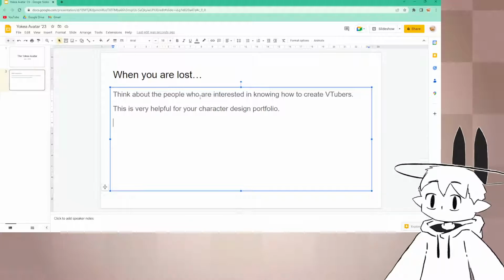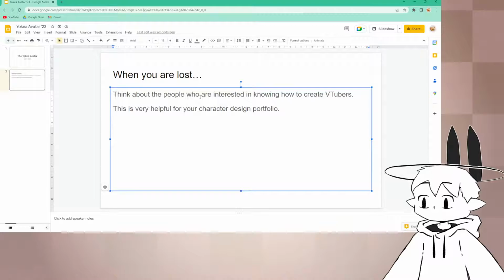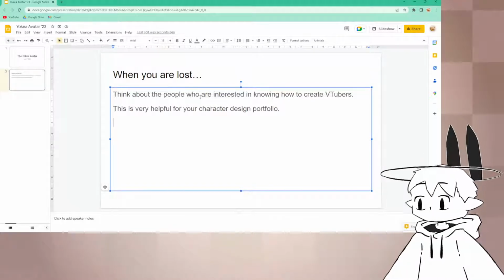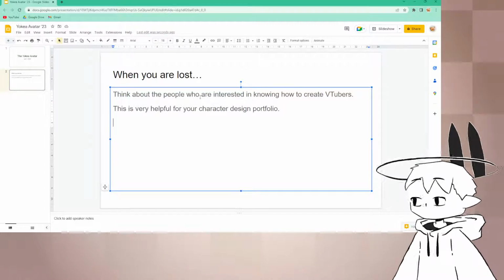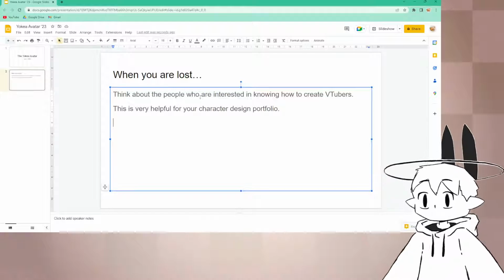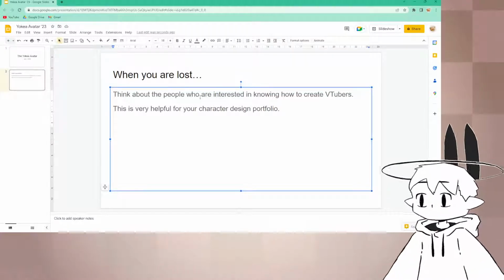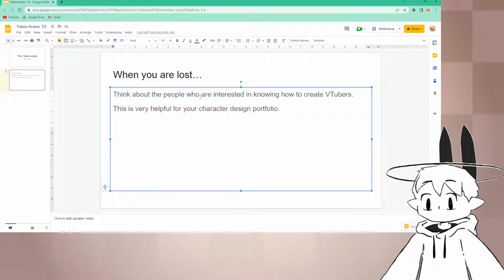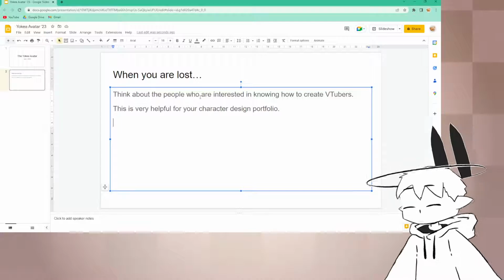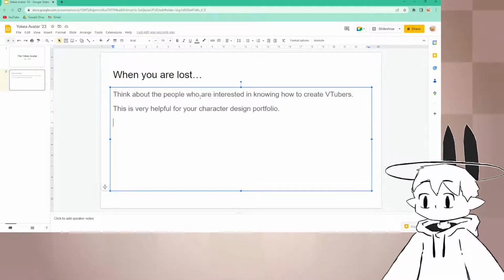What else to do when I am lost? What do you do when you are lost, guys? What do you do when you come back to your project and you're like, do I try to delete this old Minecraft world or should I start a new one? I don't know. Maybe